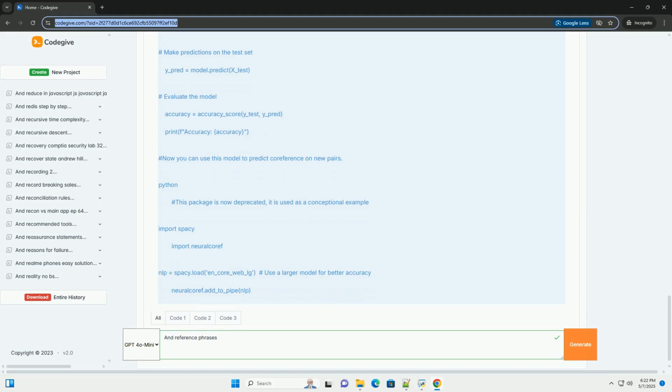Developing more robust systems: coreference resolution systems need to be more robust to variations in writing style, language, and domain. Integrating with other NLP tasks: coreference resolution can be used to improve the performance of other NLP tasks, such as question answering, machine translation, and summarization. Future research directions include